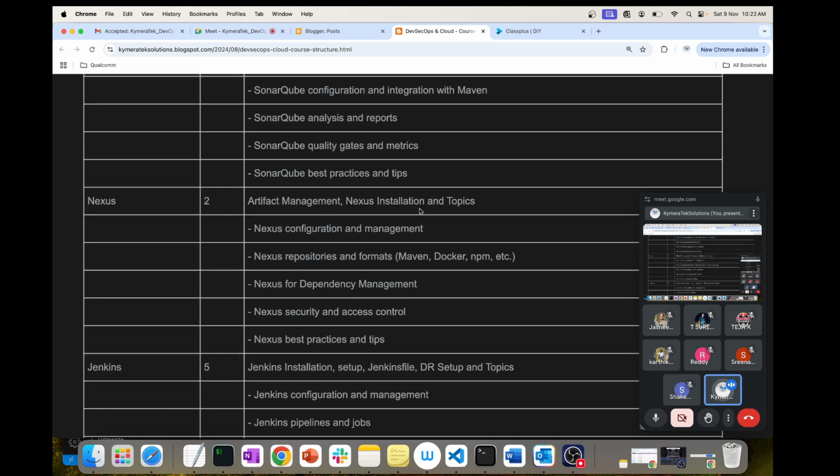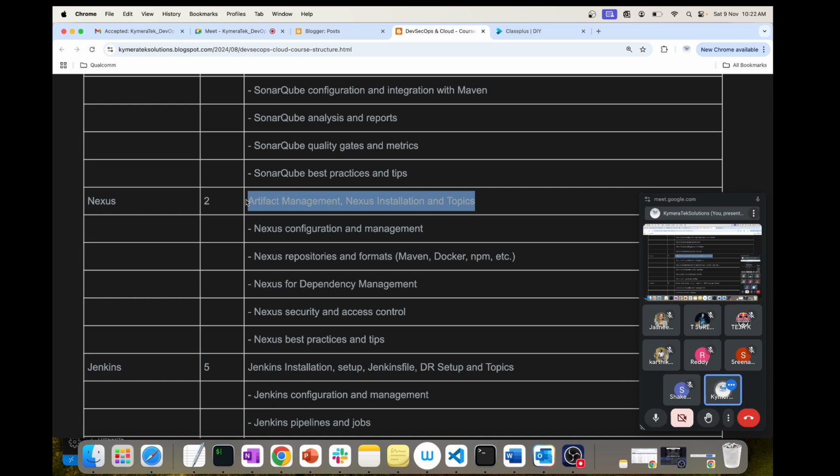And then it is Nexus. Nexus is an artifactory tool. Sonatype Nexus we call it. Nexus has two things. One is managing the dependencies. So we manage dependencies using Nexus with Maven.